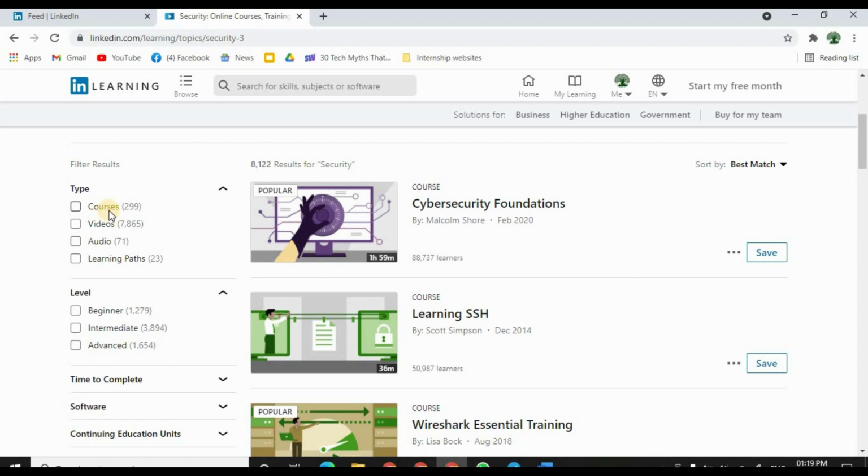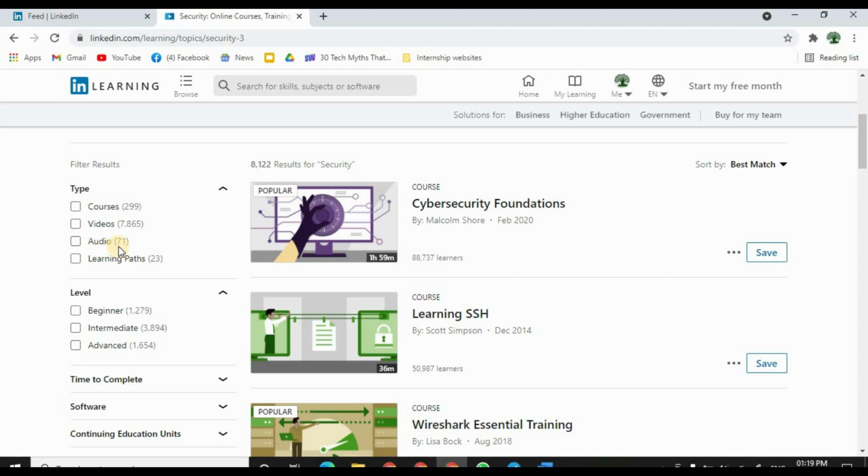A course is just one single topic divided into several chapters, where you will have to cover all the chapters in order to be certified in that particular course. Videos are all pre-recorded videos which you can watch, but you will not get any certificates for watching them. Still, a few courses will list watching particular related videos as a prerequisite for better understanding.